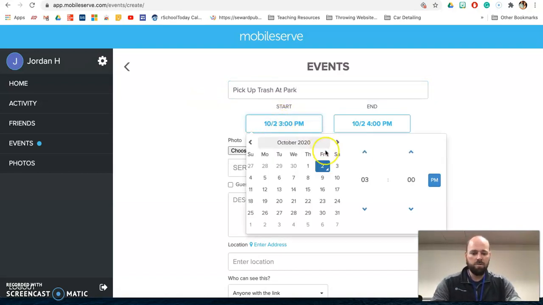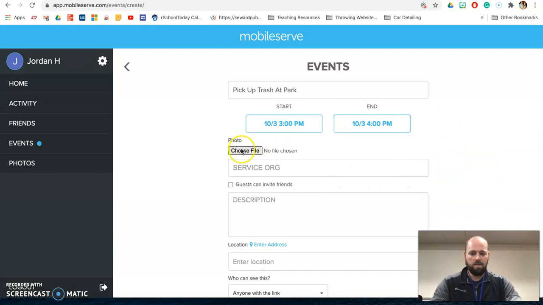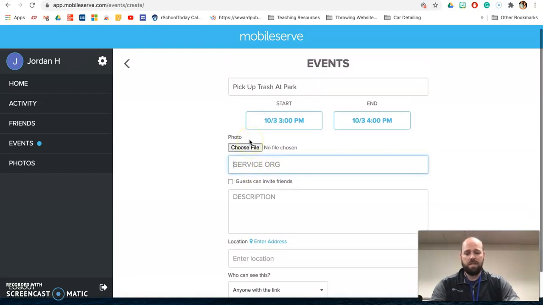Schedule when we're going to do it, so you're maybe going to do it on the weekend at 3 o'clock. Okay, and then say maybe it's going to take like an hour, so you can schedule yourself an hour if you need to. All right, and then if you want a picture of the park just to make your invitation look fancy, that's fine. Service organization would be if you're actually doing it for an organization. Since it's for the city, okay, you would have to have some email contact. Maybe this is a group day or something that the city is picking up trash or trying to fix up the parks. So then you could put City of Seward